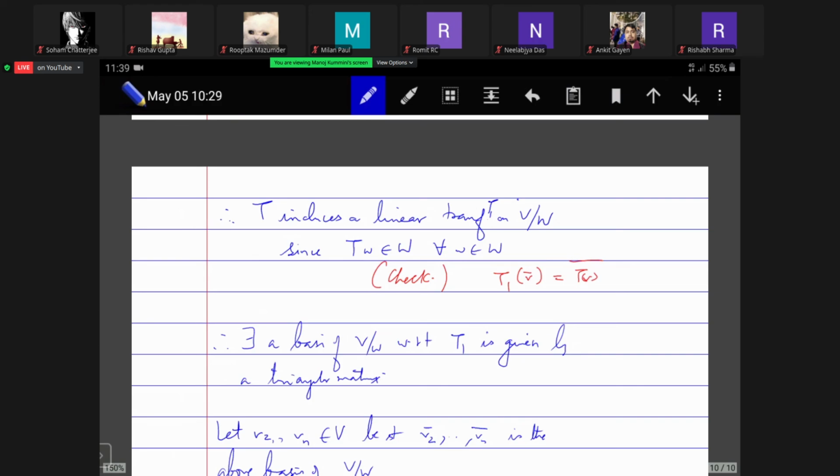When I was trying to prove that, I realized that the book does not discuss quotient spaces. Then I checked Professor Ramdas' notes, and there was no mention of quotient spaces. There might be, but I forget if there was a mention. I got the impression that it has not been discussed, so I just went with the proof in the book itself. But then I realized that probably the reason the book didn't discuss it is that it had not discussed groups or quotient groups by then. So I think it is a good time now to think about quotient vector spaces,